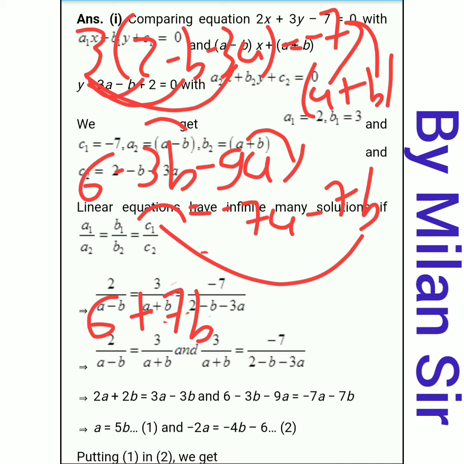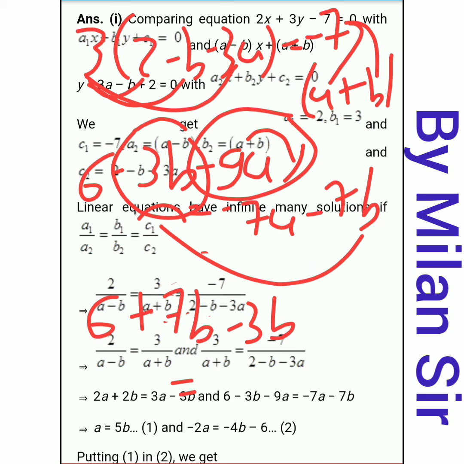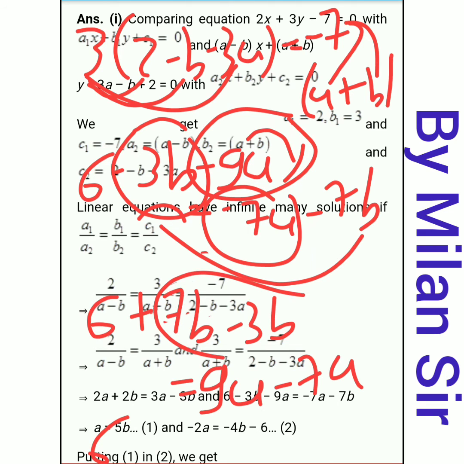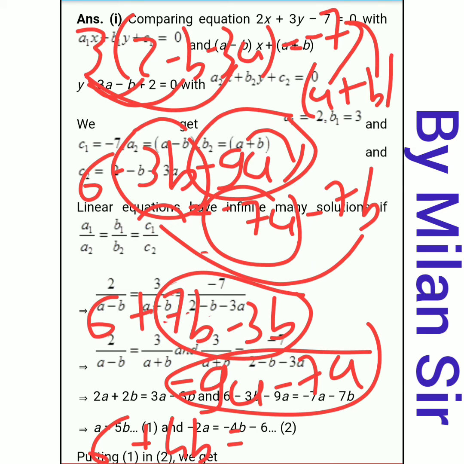Okay, and here in the left hand side we have minus 3b, is equal to, now if we transfer this minus 9a to the right hand side, it becomes plus 9a, and minus 7a is already there. Okay, so here 6 plus 7b minus 3b, 7 minus 3, it's 4b, and here 9a minus 7a, it is 2a,